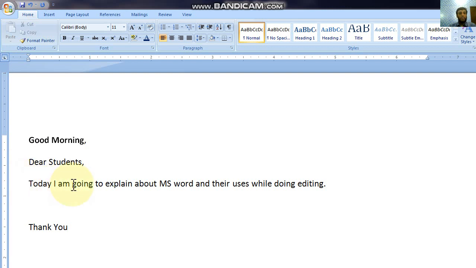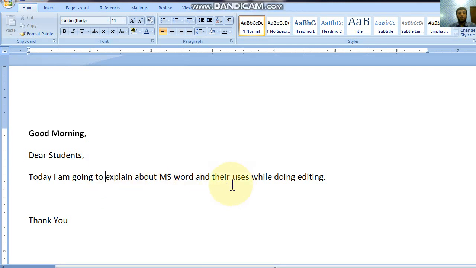So I want to select from "explain", so I'll point my cursor here just before E and then I'll press the shift key and then point my cursor where I want to stop my selection. So I want the selection to be completed after this, so I'll click at this position and see, it is selected.